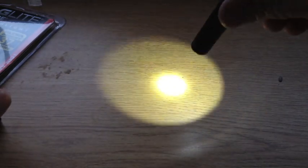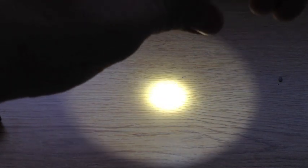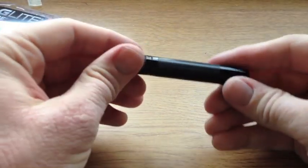Definitely a floodlight, not a thrower, but first impressions, at least, I'm pleased with it. Can you focus it? Ah, you can focus this too. So that's kind of cool. Never had an LED that you could specifically focus before. I don't know why you'd want to, but I guess that's pretty nifty. So yeah,